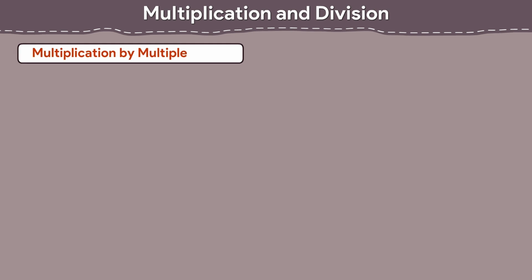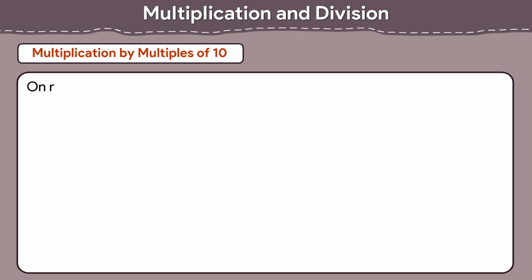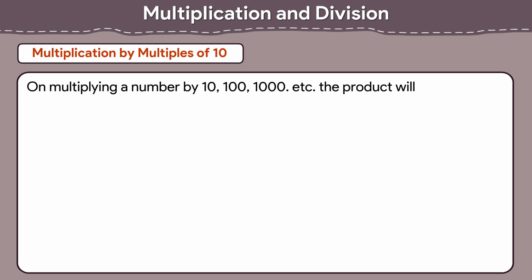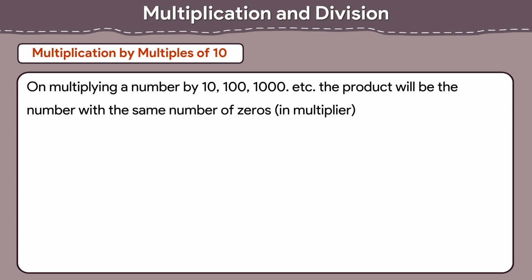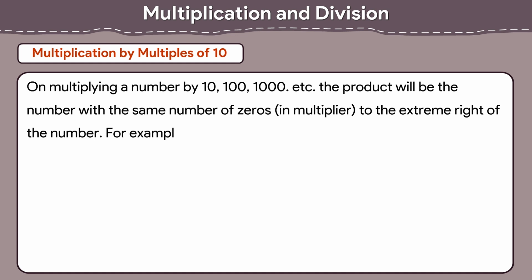Multiplication by multiples of 10. On multiplying a number by 10, 100, 1000, etc., the product will be the number with the same number of zeros as in the multiplier to the extreme right of the number. For example, 2344 times 10 equals 23,440. 5,672 times 100 equals